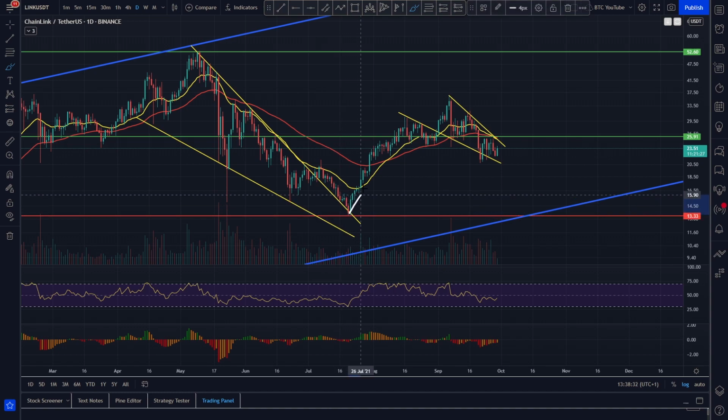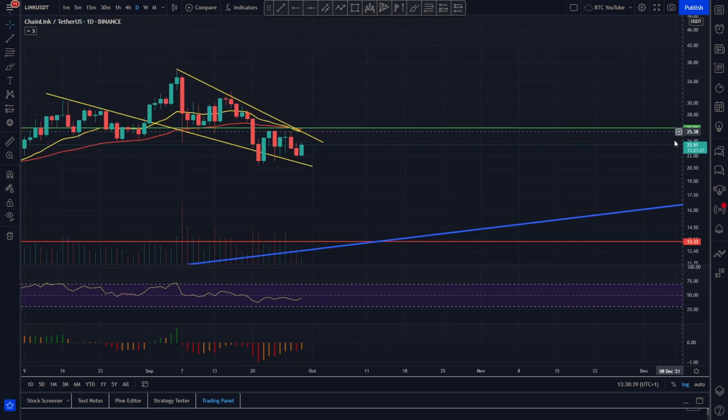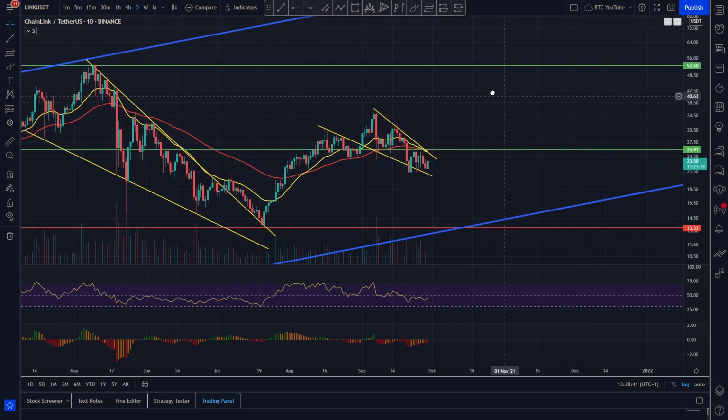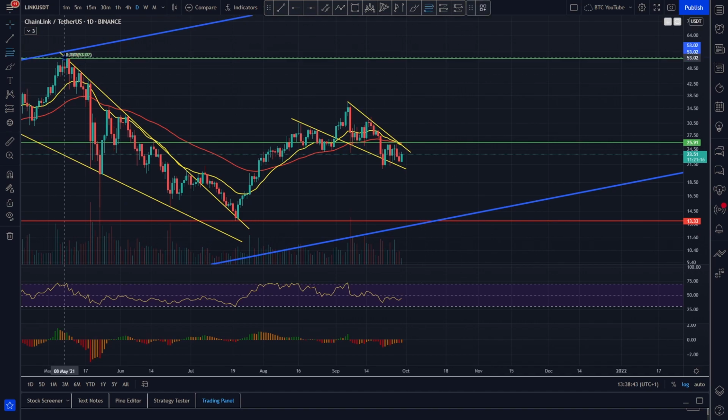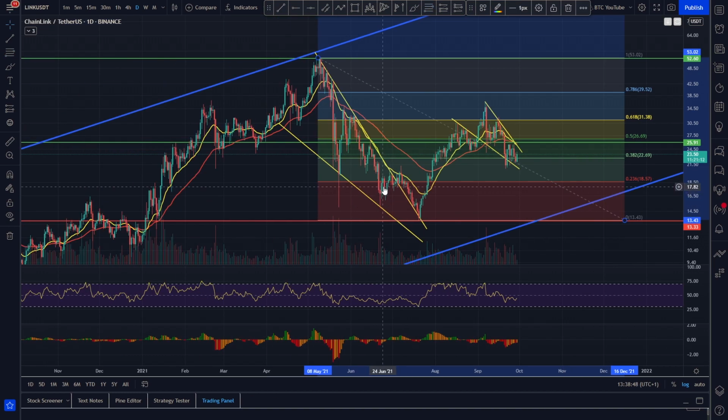but then once we broke out and then retested that previous resistance as support, we did get the bounce to the upside, obviously getting back above the EMAs to test them as support as well. But now that we've lost our EMAs, we've been rolling over looking for a bit of support, and if we throw the fib retracement tool on here, you'll probably get a decent idea of some of the levels that we are actually looking at here. If we just throw this on like this,